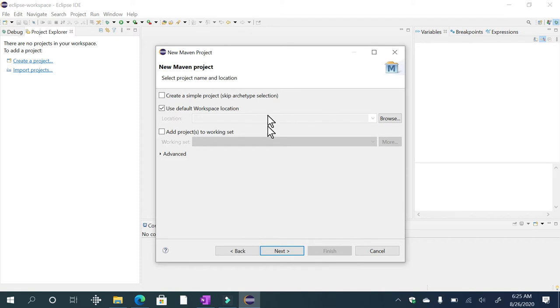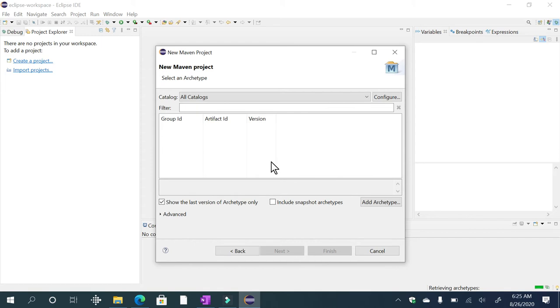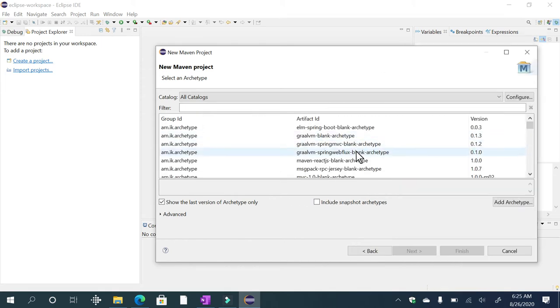and don't check anything over here. Go to next, and here you see the different archetypes. Archetypes, as I said earlier, are kind of templates which we can use. Assume that you are creating a PPT. When you create a new PPT, you will see that plenty of themes are loaded.